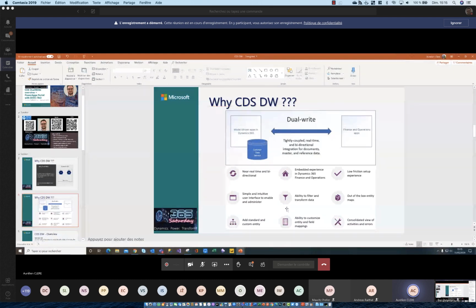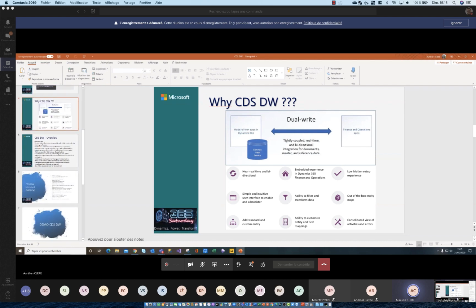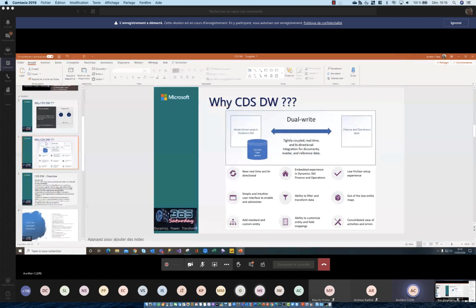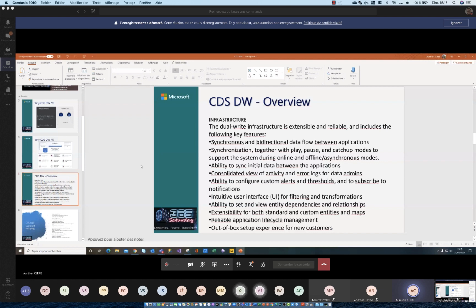So for some bidirectional syncs, you have to transform your data because it's not exactly the same field type. And maybe you just want to filter. You will see that dual write can be enabled for just one legal entity, but also for multiple legal entities. You just have to select, when you configure, which legal entities you want to sync.